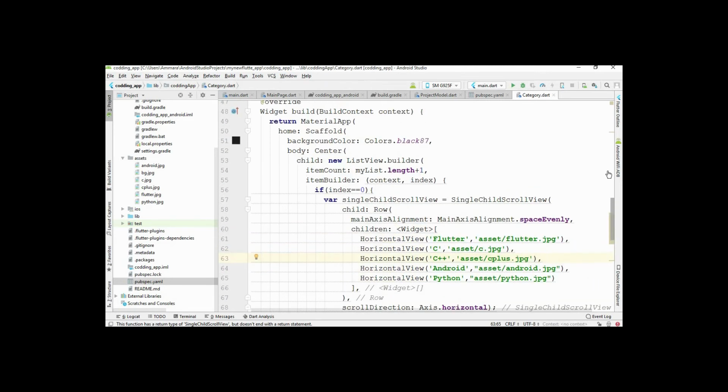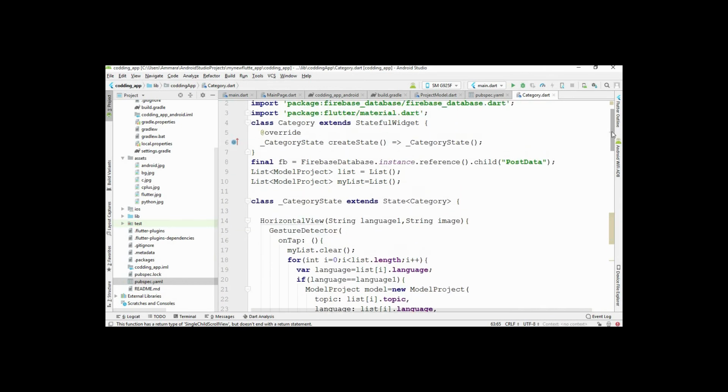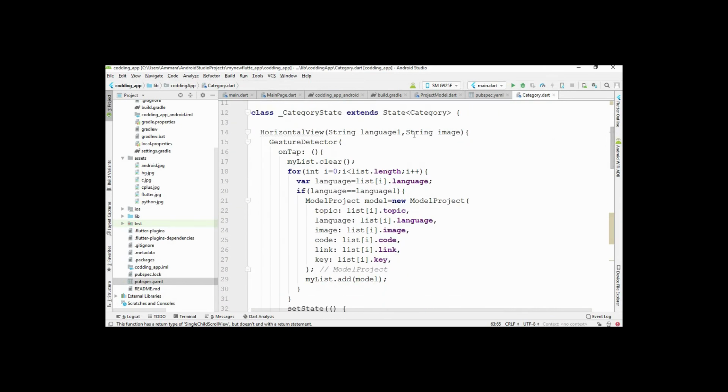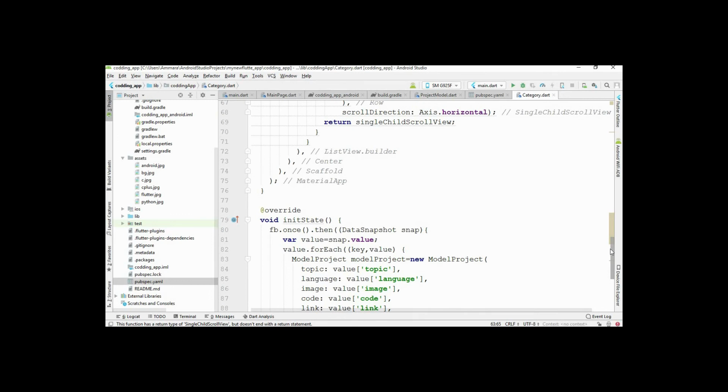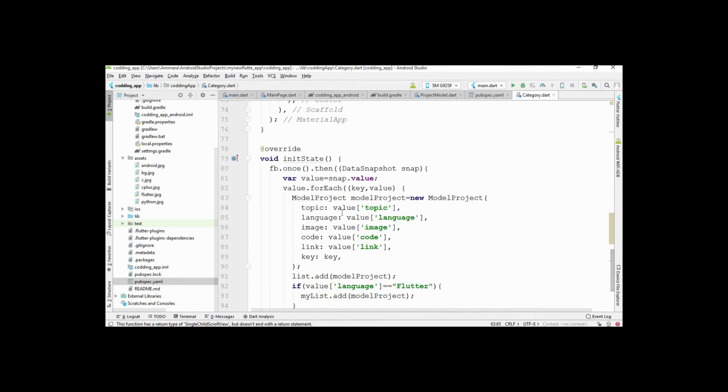After that, when this function is called, we get Python and the image related to Python from here, and we make a for loop, and the length of this for loop depends on the list, in which all the data we fetched from the database is stored.